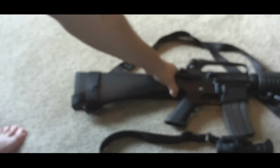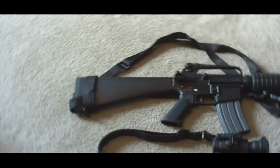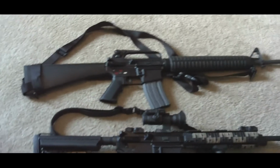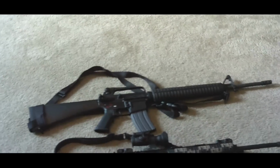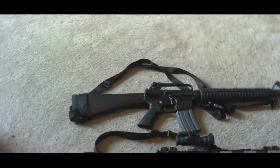Some people will say that it's going to be less accurate than the standard DI rifle, and I'm not really sure about that. In 3-gun competitions, a lot of people use piston ARs, a lot of people use standard ARs. So, I'm not really sure. I haven't heard anything definitive yet. There are reasons why piston guns are inaccurate by themselves, but generally, when they start comparing them, they're comparing like an M14 to an M16. It's not the same design. You can't really get a good...